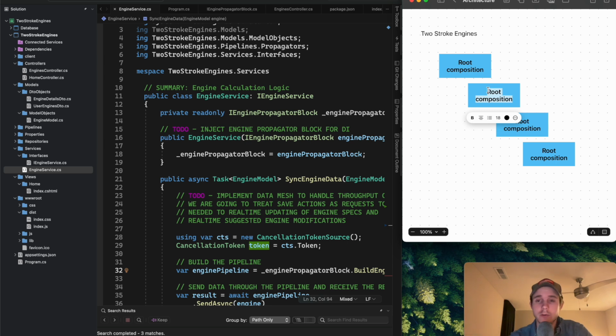So if we have our home controller, that will be the first really of this composition, and then the next was our service or engine service, and then the next would be this engine propagator block. And why this is important and why it's important to think about it in this type of structure